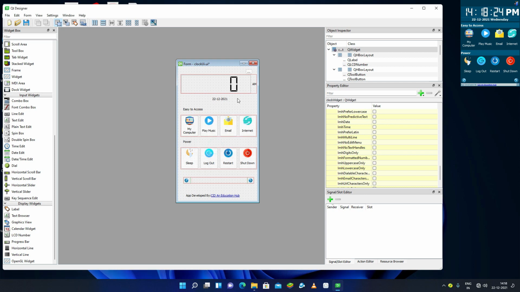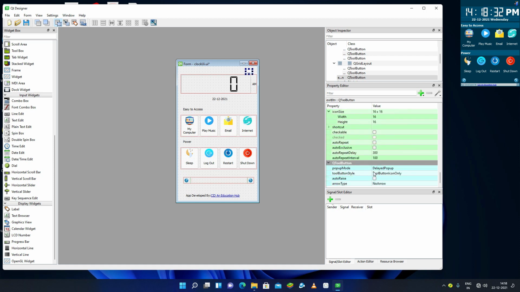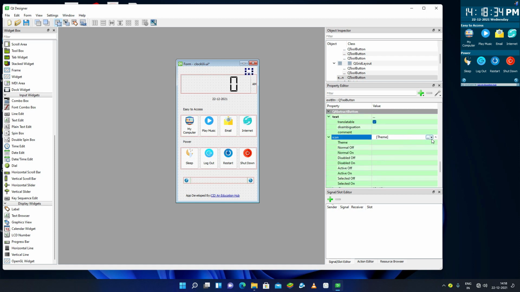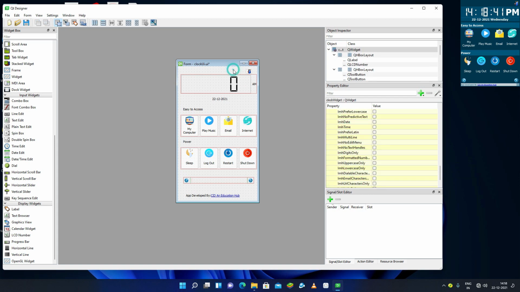Okay, done. Now first of all, I have left the icons for this exit button, so I'll click on this and change the icon for this. I'll come here and change the exit button. I have the exit button here, so it is now the exit button. Okay, done. Now let's add some features for these buttons. As you can see, these buttons have no borders.